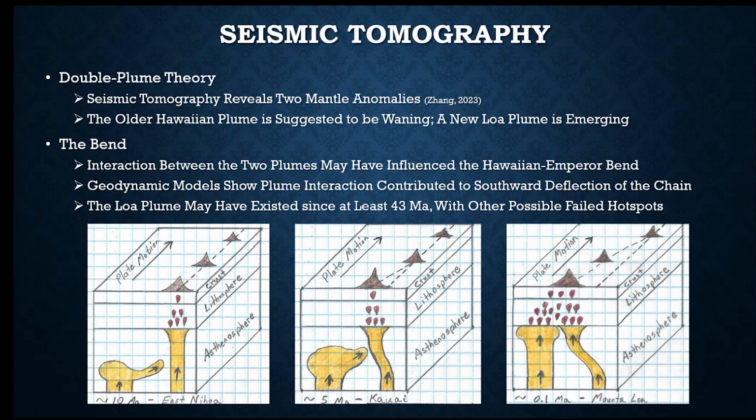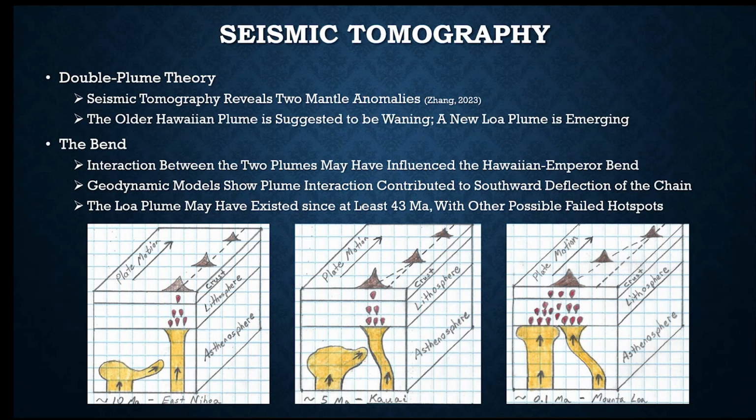The original Hawaiian plume appears to be compositionally depleted and dying out, while a younger, enriched Loa plume is rising and becoming dominant. Evidence suggests that this interaction between the two plumes has been ongoing since the formation of the Hawaiian-Emperor Bend around 43 million years ago. Geodynamic modeling indicates that the southward deflection of the volcanic chain, the bend, could be the result of a plume-plume interaction,